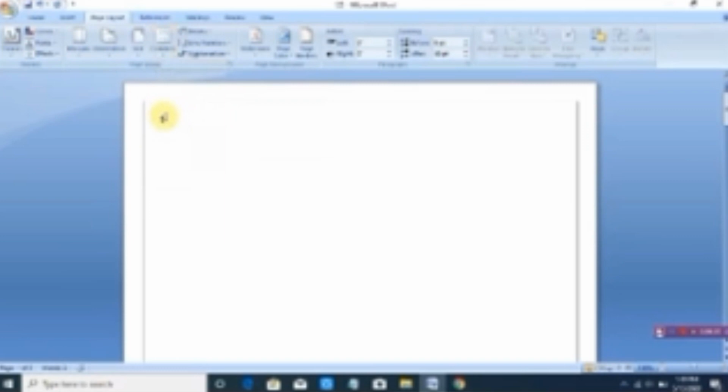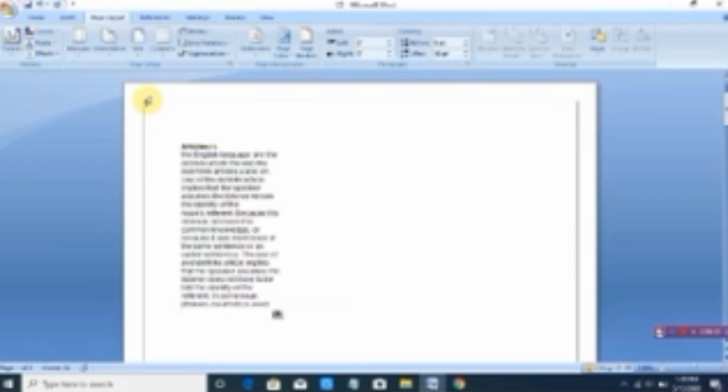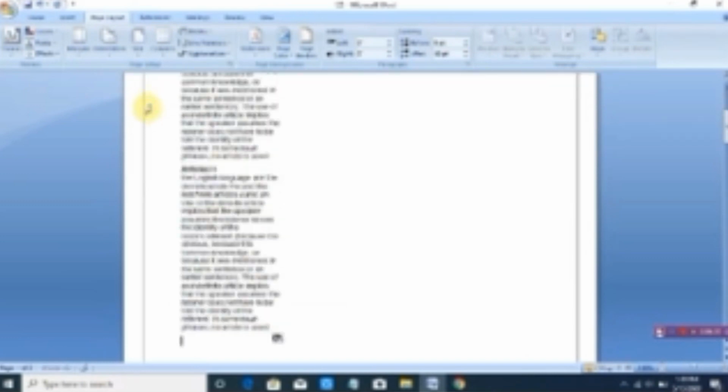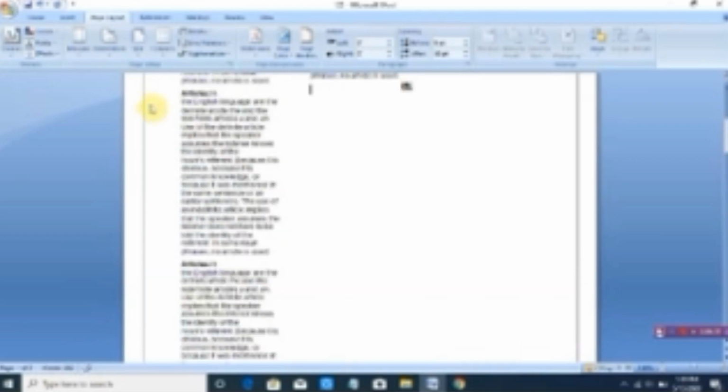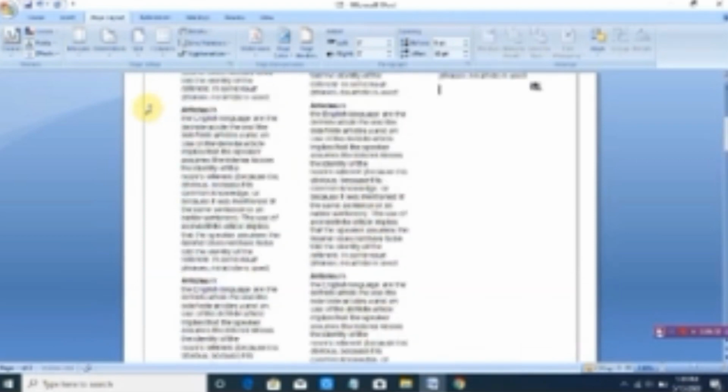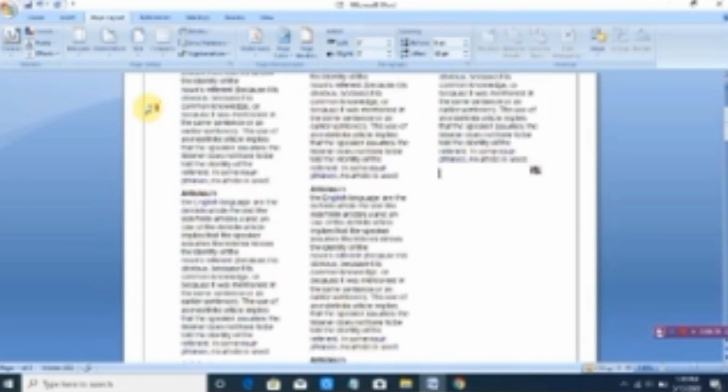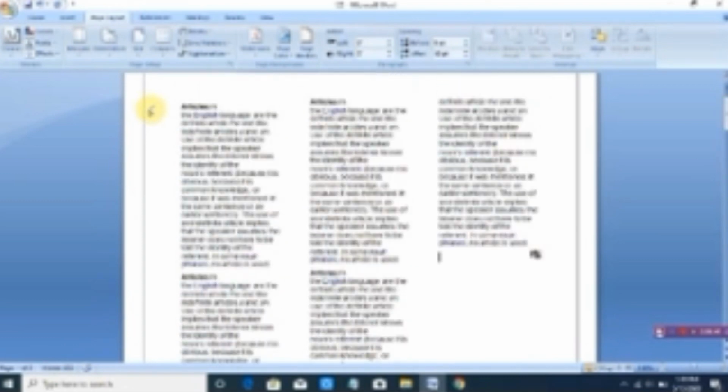I have already copied one article, so I'm going to paste it here. I'm very bad at typing, that's why I have copied it so that I can show you clearly how the columns are divided.